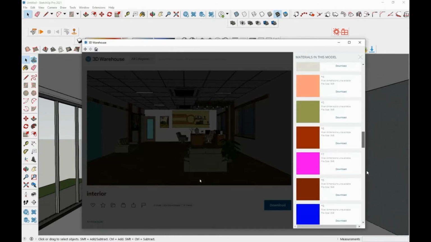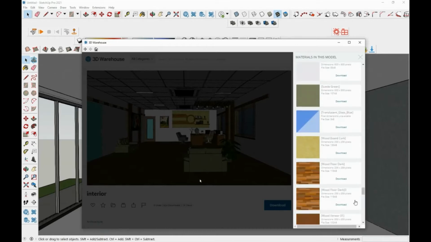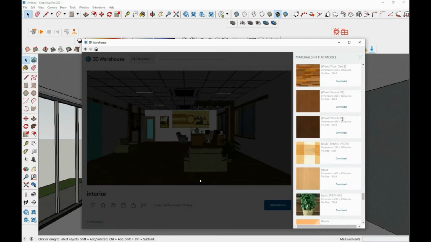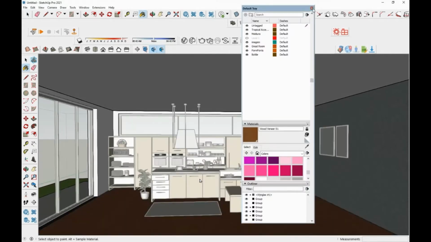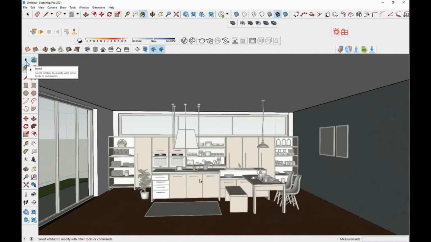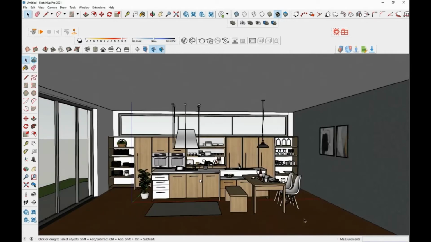Here, all the materials used within this model are listed. And from this, I can download the desired one directly into my model. I'm downloading it. So now it will be automatically added to my In Model collection. And just by making use of the paint bucket tool, I can add this material to my model.